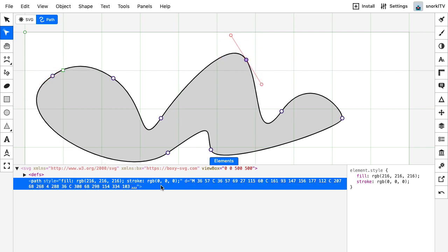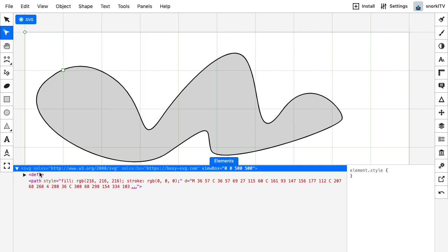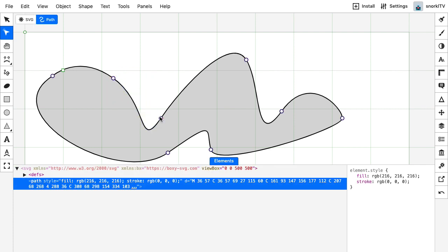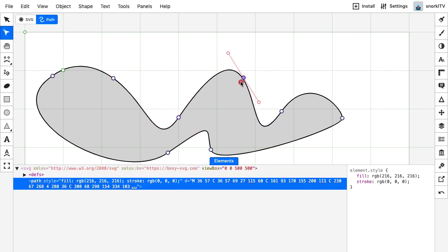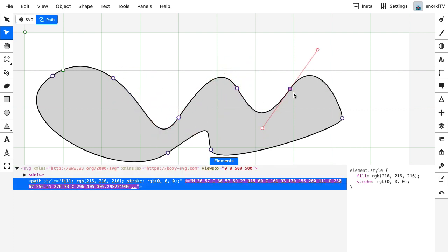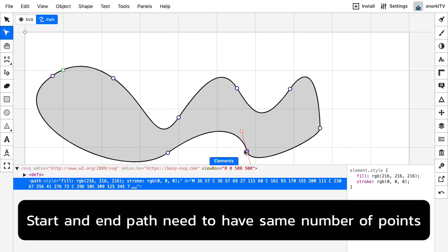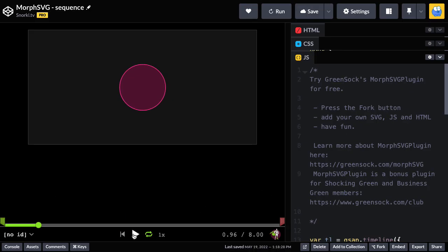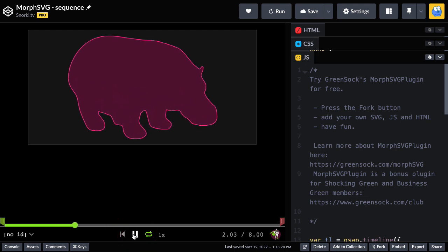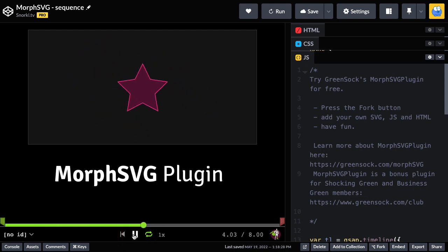And remember, just copy the SVG out, and then when you build your animation, what you're going to do is animate this path to something else. And you can just select all the points that you drew, do some slight modifications, and then you can animate between those two states exactly as I did with my simpler path. As long as your starting path and end path have the same number of points, you should be good to go. And in another future lesson, I'm going to teach you about GreenSock's Morph SVG plugin, which allows us to